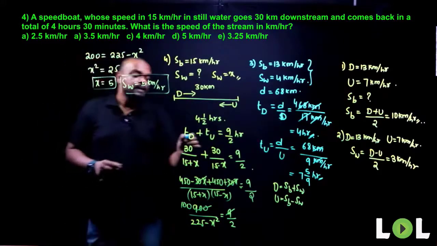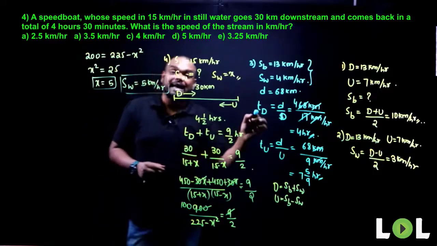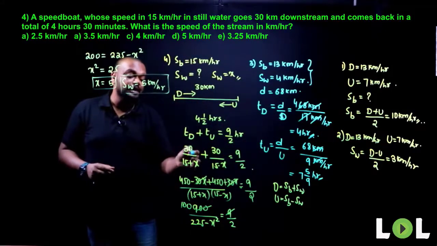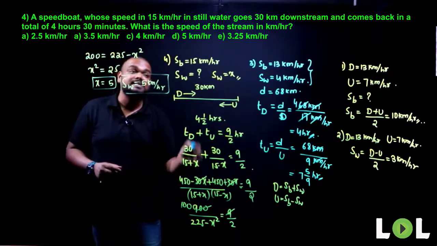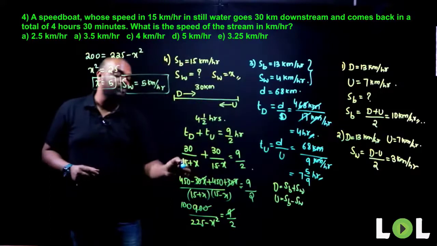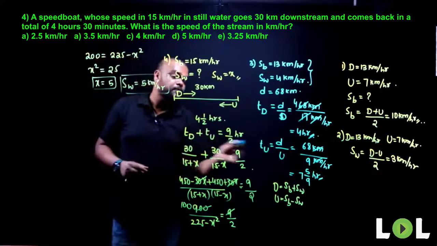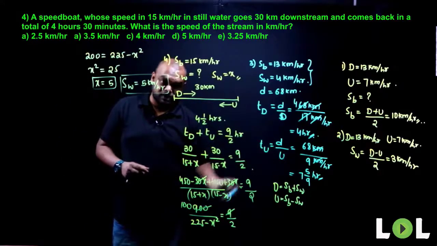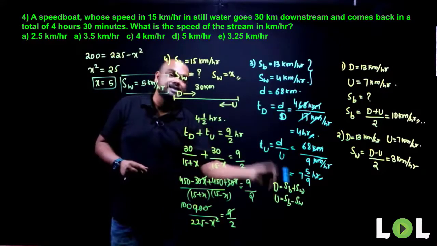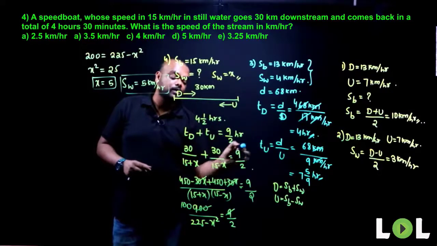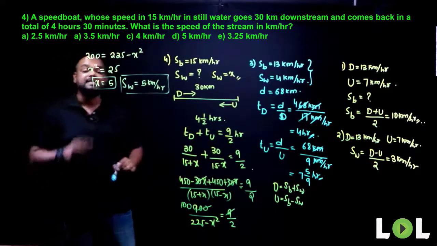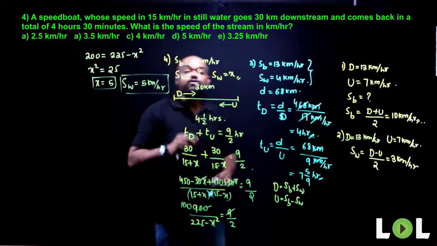Okay, now time taken during downstream, how do we calculate? Distance by speed. Which speed? Downstream speed. Distance 30 kilometer divided by speed. Downstream speed is SB plus SW. SB 15, SW is X. 15 plus X. Time taken during upstream: distance by upstream speed. Distance 30 divided by upstream speed, SB minus SW, 15 minus X, that is equal to 9/2. So if we solve this entire equation, we will get SW, X, as 5, that is SW as 5 kilometer per